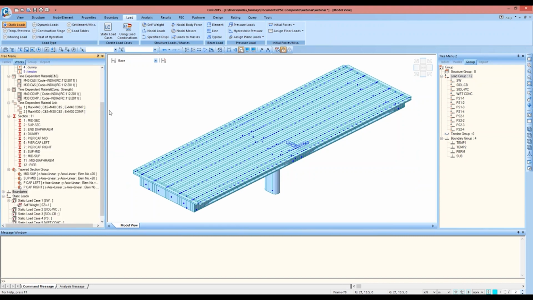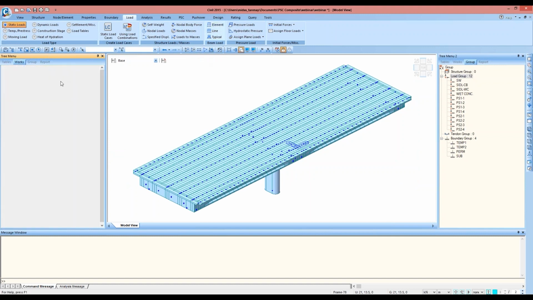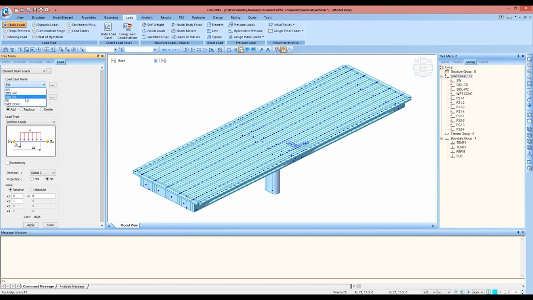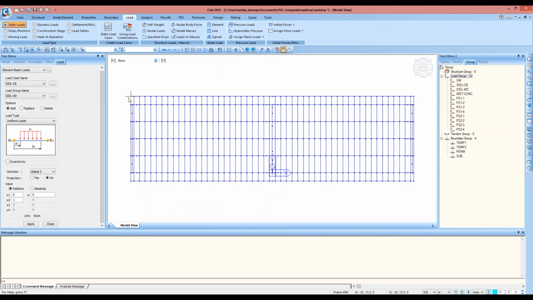Next, I'll be defining the loads for bearing course and crash barrier. Those will basically be uniformly distributed loads. So I can use this option, element loads, and select SIDL crash barrier, and the direction will be global Z. In the 2D view, as I told you, these elements will be carrying the crash barrier load.